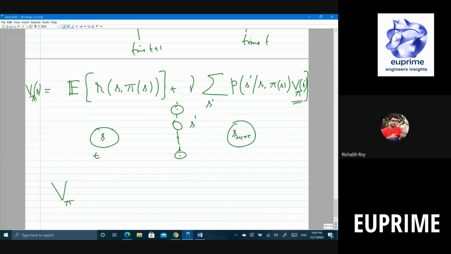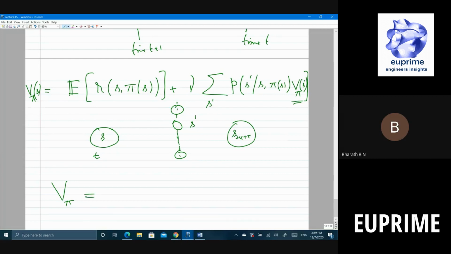Sir, this s is different. v pi of s is different for different s, right? Yes. So if s is, for example, 0, 1, 2, 3, 4, the finite case, I can write v pi of 0, v pi of 1, v pi of 2, v pi of 3, and v pi of 4. Stack it one after the other and get a column vector, right? So that is v pi. If you have infinitely many of them, you have an infinite by one column vector. That's all.